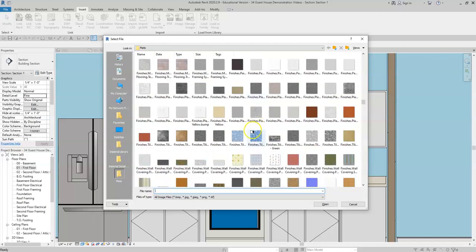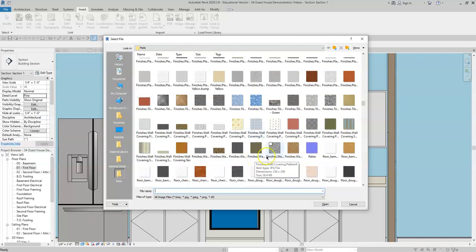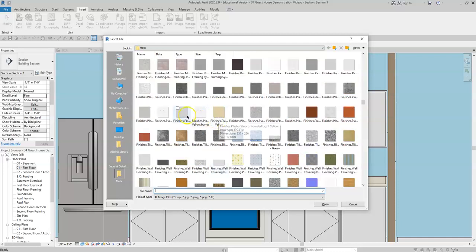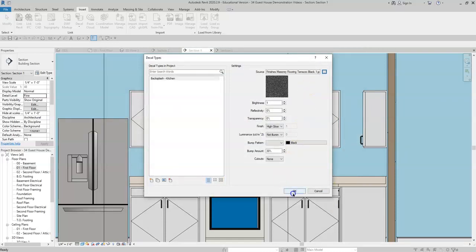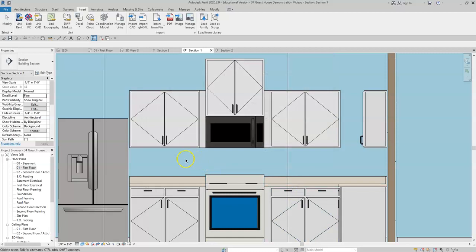We can click on a specific finish tile. Let me find one here. A tile finish. Let's go bold. Not for aesthetics, but just for the sake of showing you what it does. Let's go with a dark terrazzo black. Probably wouldn't use that necessarily because of the countertop color, but just to show you the difference between the colors and have a contrast here, I'll choose this one. Alright, so everything else will leave the same until we see it in real time, and we will click OK,